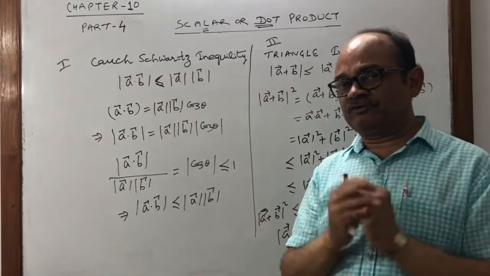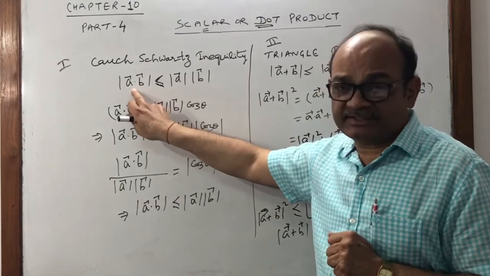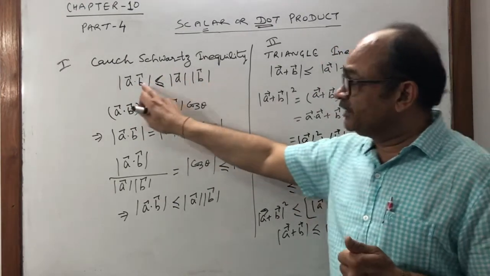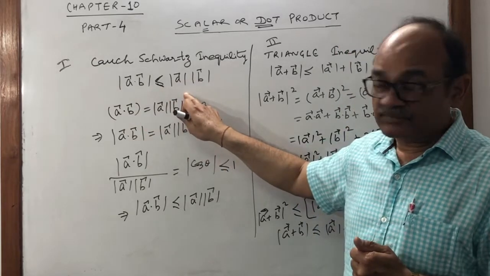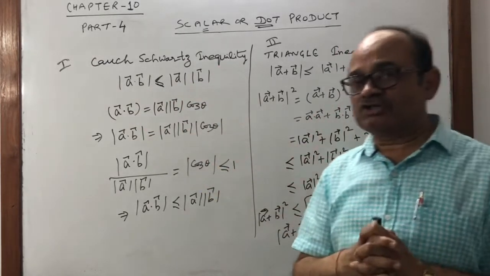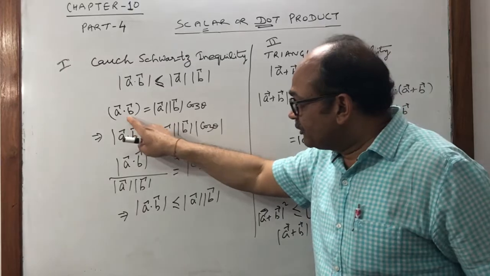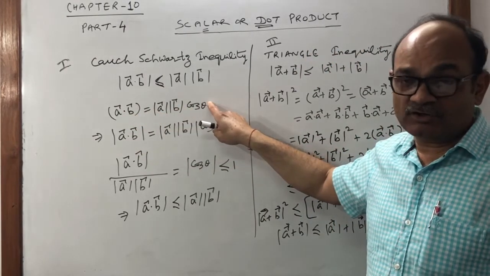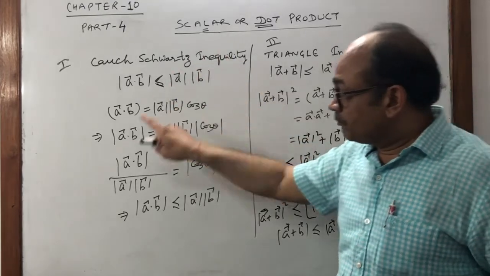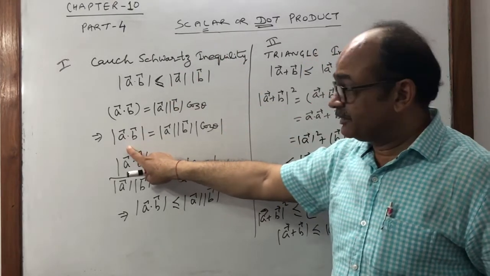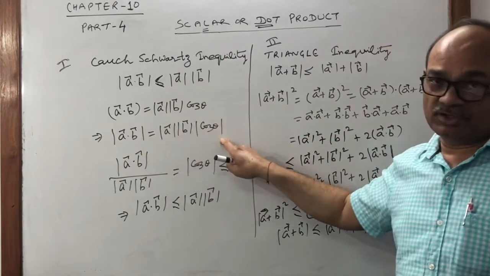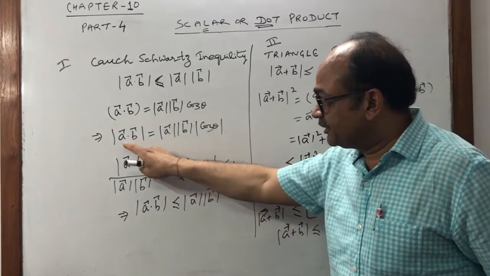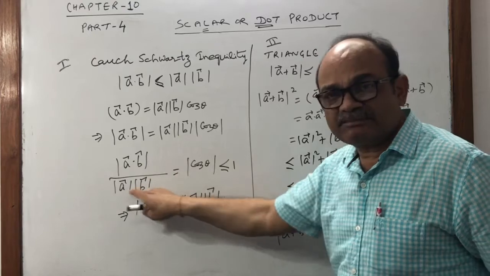For vector A equal to 0, if we put vector A equal to 0, it holds because of the equal to. Suppose we put B equal to 0, then again it is true. But when A and B are non-zero, then A dot B is modulus A, modulus B and cos theta, the direct dot formula. If we take mod on both sides, it becomes mod, mod and mod. So what about mod cos theta? Mod cos theta is mod of A dot B divided by the separate mods.